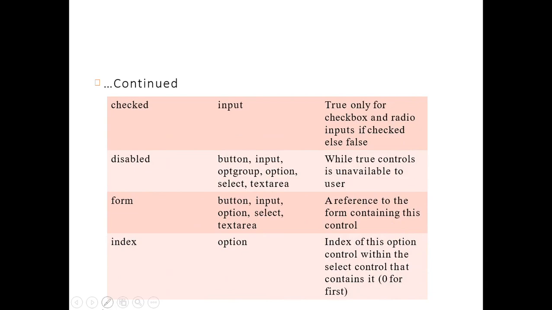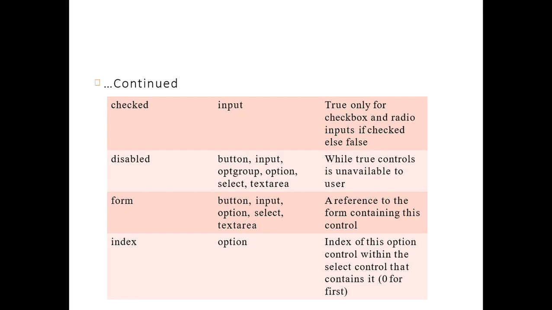Checked means, like you are using the check property in gender. Sometimes radio buttons are used in gender selection, and you are also using the check property in filling the counseling form choices. When you have enrolled for the BTech course, then you fill the form for the counseling, and there are many options, like CSIT, ECE and mechanical. Most of the students select the buttons in an order, some order is maintained, and then they fill the form. So checked is basically true only for the checkbox and radio input if checked, else false. Radio button input we use behind the check button.